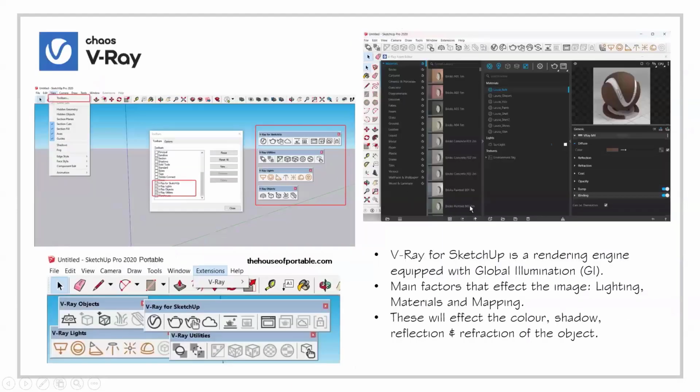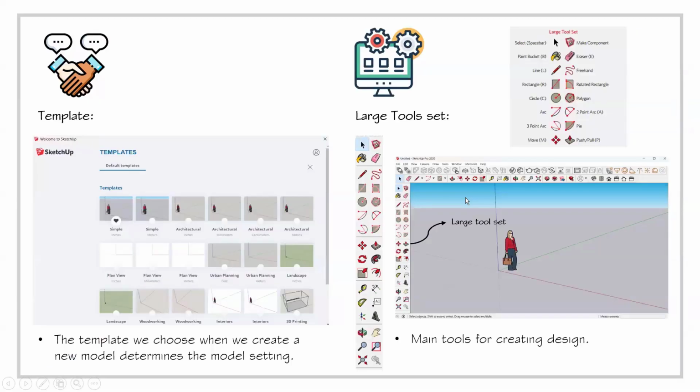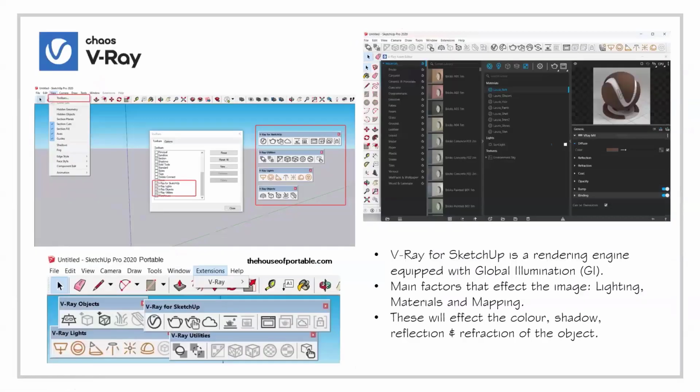Okay. And V-Ray. Actually, V-Ray is a plugin. It is a separate thing we have to install in our SketchUp. V-Ray is rendering software. In rendering, the main factors